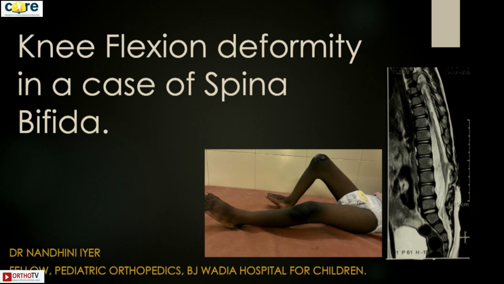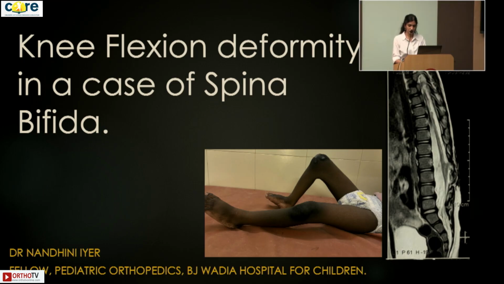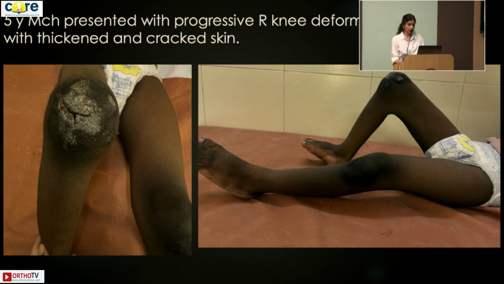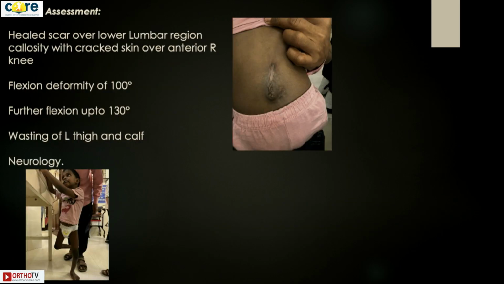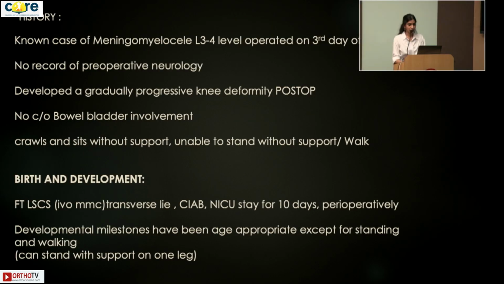Dr. Nandini, and I'll be presenting a case of knee flexion deformity in a case of spina bifida. So a 5-year-old male child presented to us with progressive right knee deformity in flexion with thickened and cracked skin over the anterior aspect. So this child was a known case of